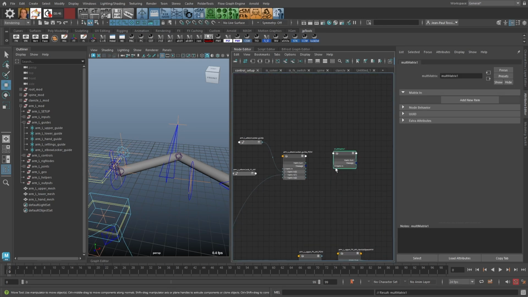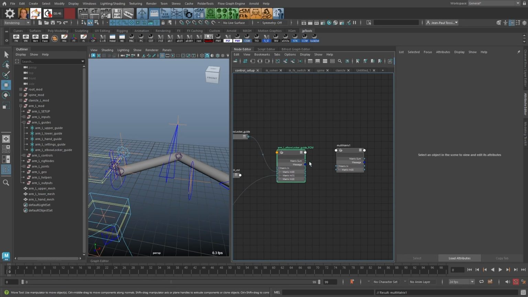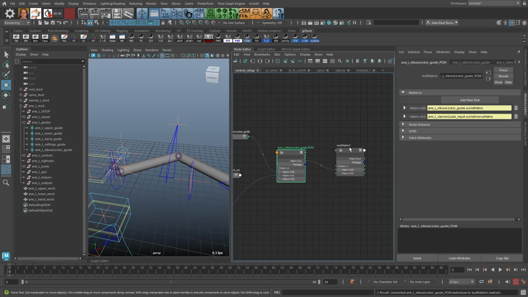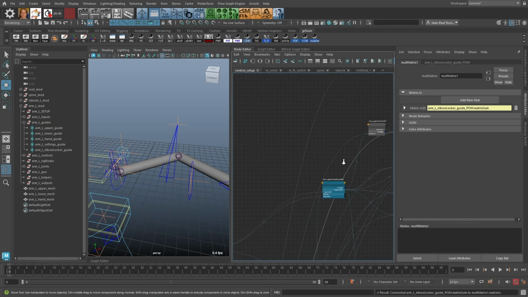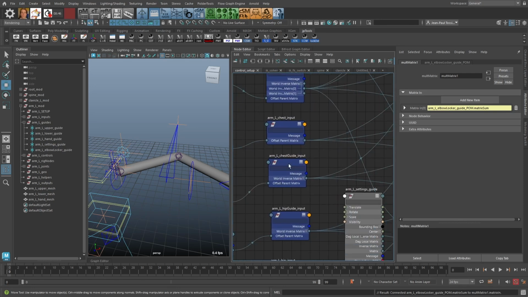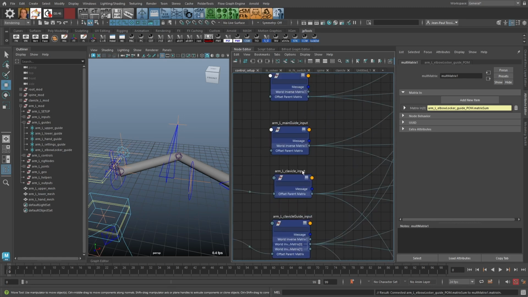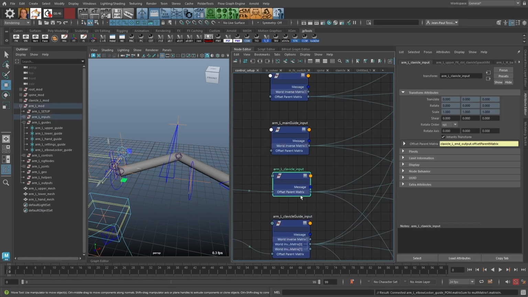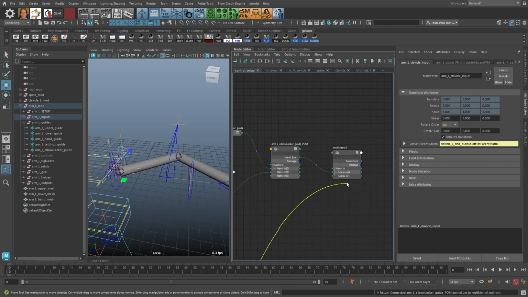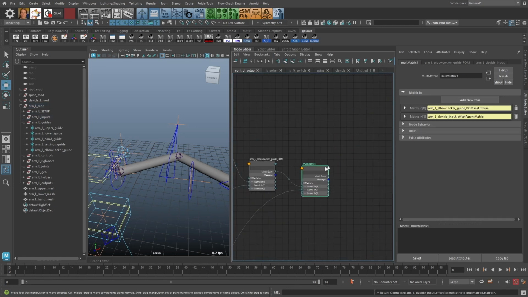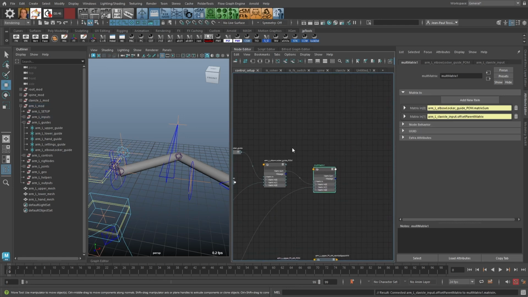And then we are going to multiply the offset parent matrix, or buffer matrix, with the world matrix of the parent, in this case the control output of the clavicle control, which we have linked to the clavicle input node. So we take the offset parent matrix plug of the clavicle input node, and then we plug it into here,